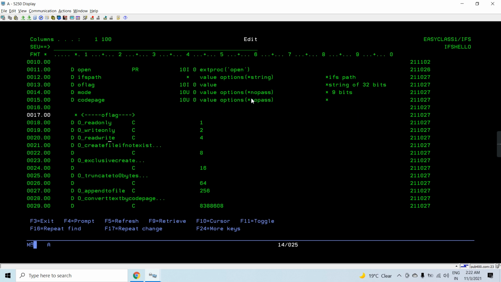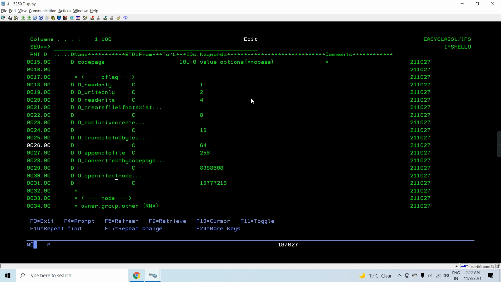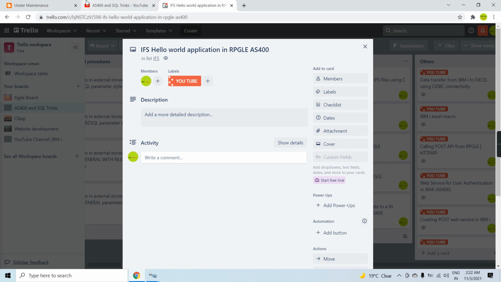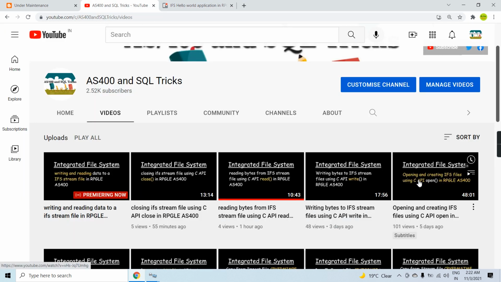Here you can see we have the flag constants defined, and we have assigned some decimal values to them. How these flags work, you can learn in detail by watching my video, Opening and Creating IFS Files Using C API Open in RPG AS400.